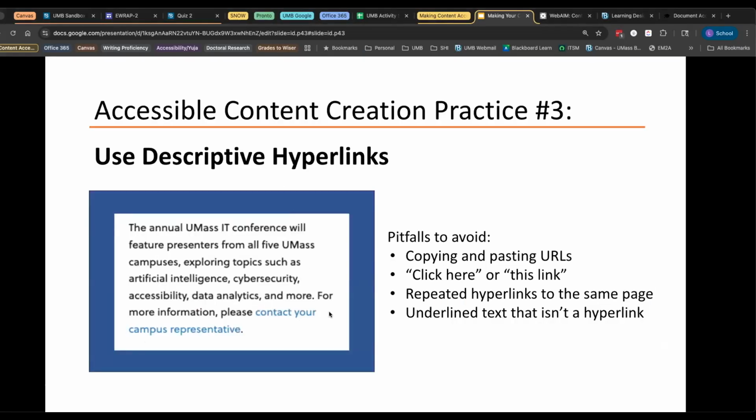Accessible content creation practice 3, using descriptive hyperlinks. So like section headings, hyperlinks provide a way for all users to navigate your materials, find relevant content, and get to where they need to go. And as with section headings, users of screen readers can navigate a document by reading a list of hyperlinks on the page. So when writing hyperlinks, they should be concise, descriptive, and